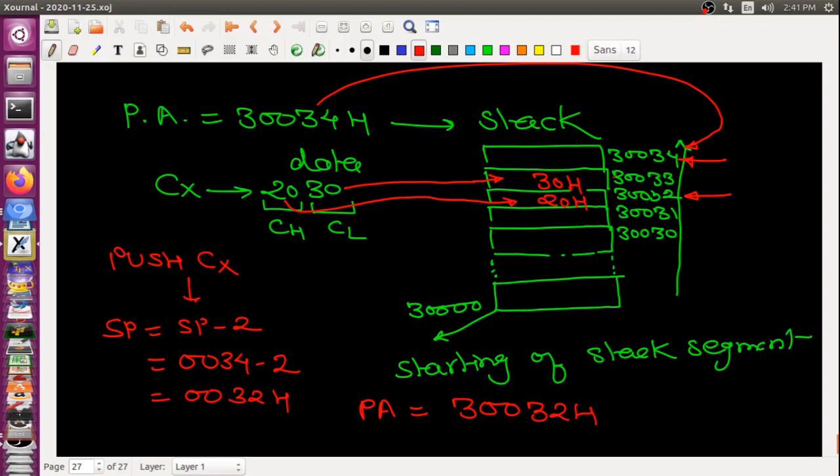I will tell you a few more examples for this, that you can use some value for the stack segment or any segment value.